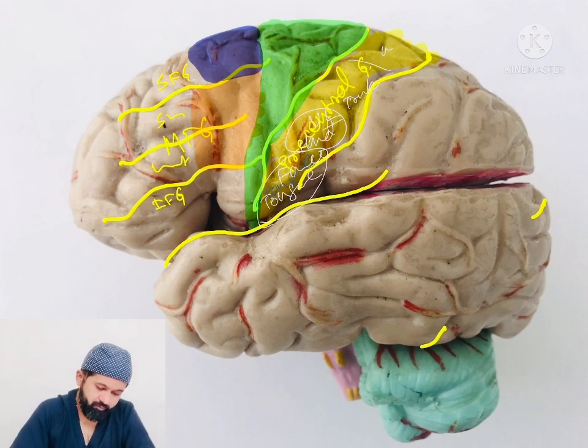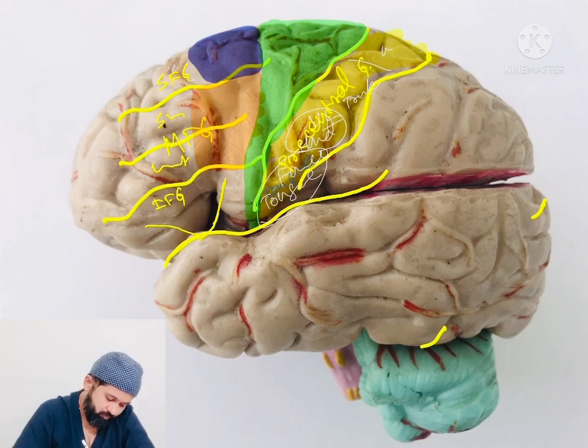So that is the frontal eye field area. Now the inferior frontal gyrus is divided into three parts by two rami arising from the sylvian fissure. The posterior ramus is known as the ascending ramus, and the anterior ramus is known as the anterior horizontal ramus. These two rami divide the inferior frontal gyrus into three parts.